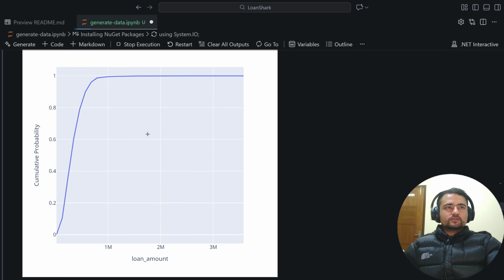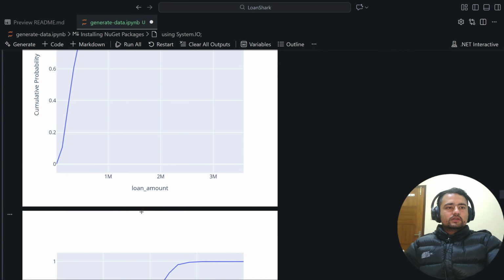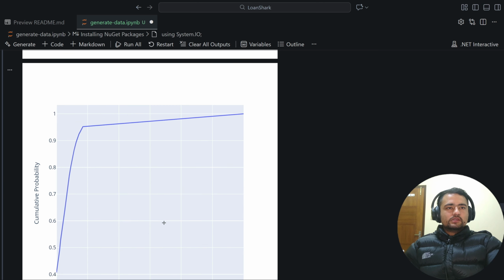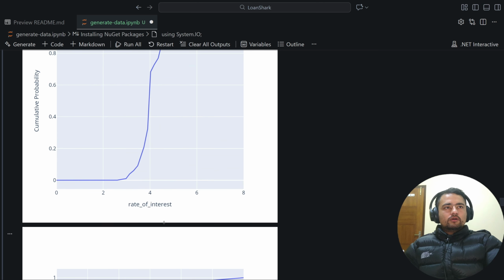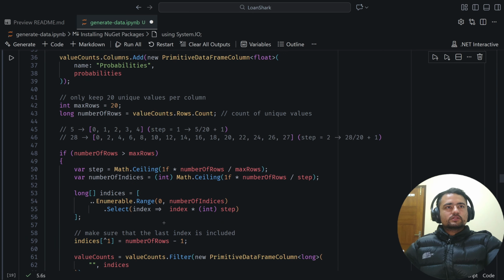That is the cumulative distribution functions. So these are the usual shapes of what a CDF looks like. Okay, so for loan amount we have this CDF, right? And for the rate of interest also we have this CDF. So they have their unique shapes, and all these shapes of the curves are actually derived from the histogram plots that we saw in